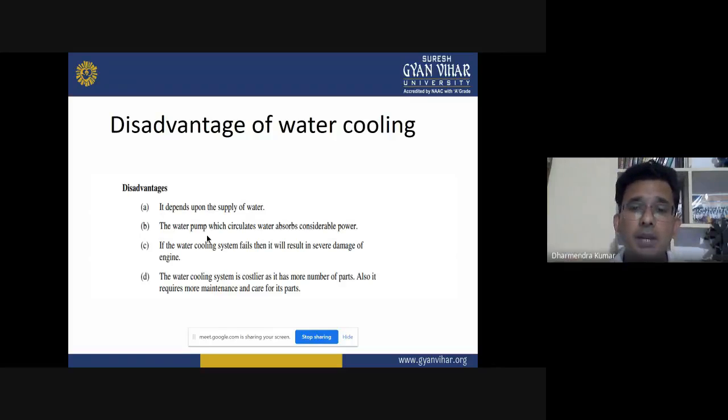If we only depend on the water cooling system, then if there is a lack of water, the temperature rises, and it may damage some parts where the temperature is higher. The water cooling system has more parts, and it requires more maintenance and care of its parts. Because in the air cooling system, we have seen that there is no auxiliary item or any auxiliary parts that have to be